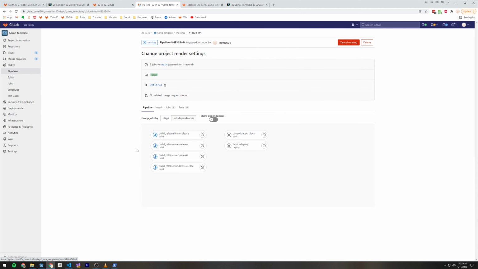And I have 4 jobs now. There's a build release for Linux, build release for Mac, build release for web, and build release for Windows. And then there are 2 extra jobs here. If I show a dependency graph, you can see that the deploy job requires all of these to pass. Consolidate artifacts will take whatever I got and put them all in a single zip file. So how that works as that's running